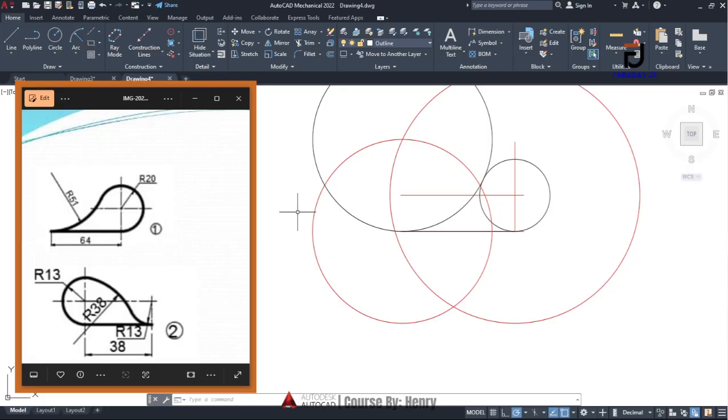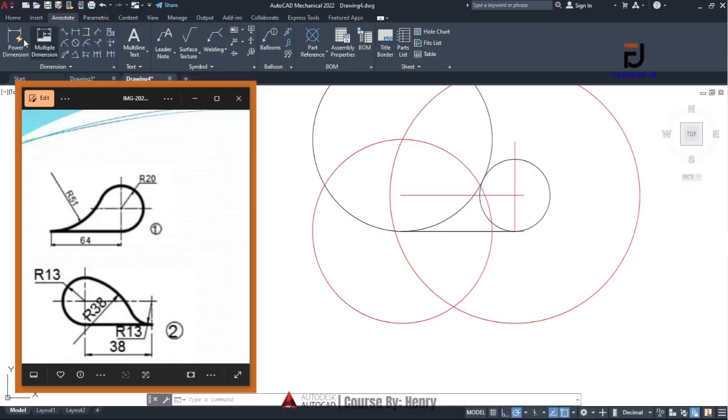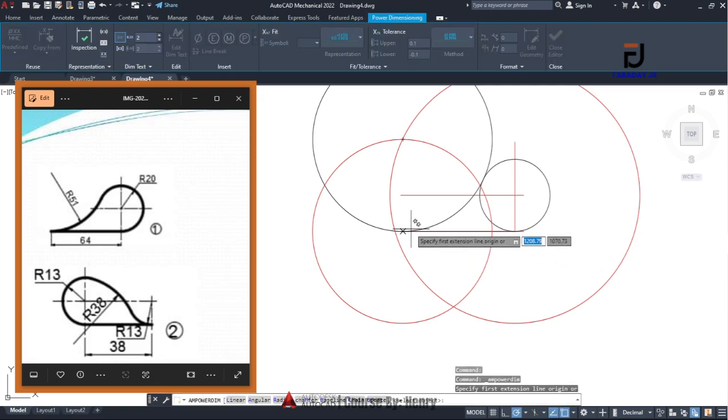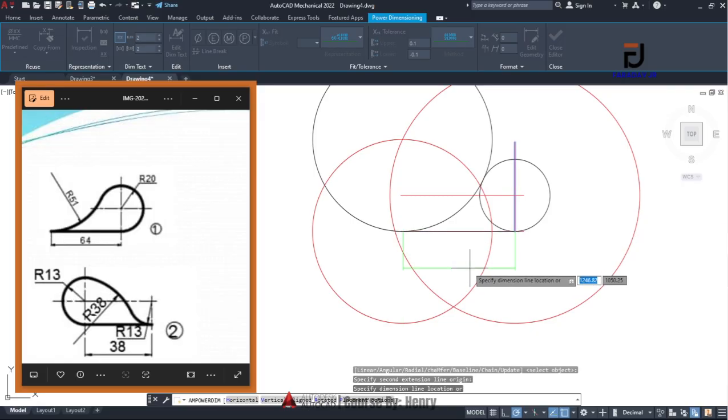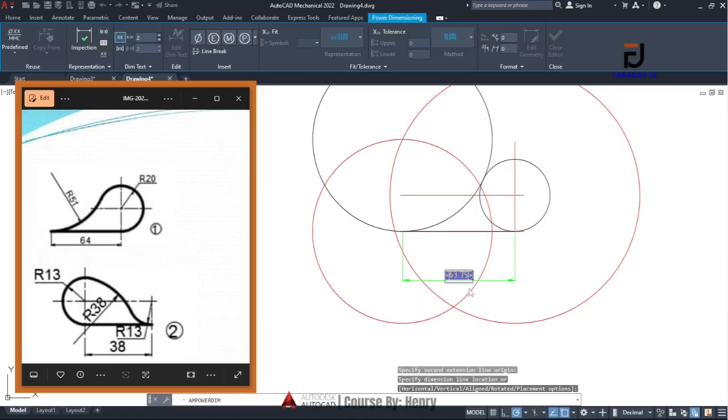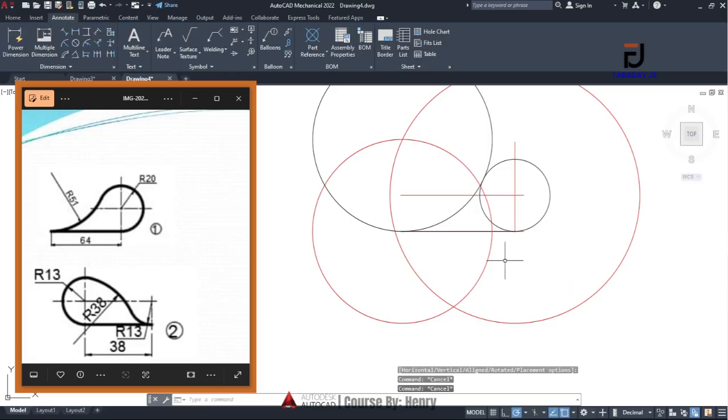Let me first add the dimension, and after adding the dimension, we clean. So I'll move on to annotate power dimension, and I click on this dimension and click on this point. I'm supposed to get a value of